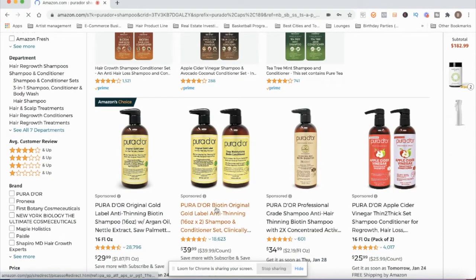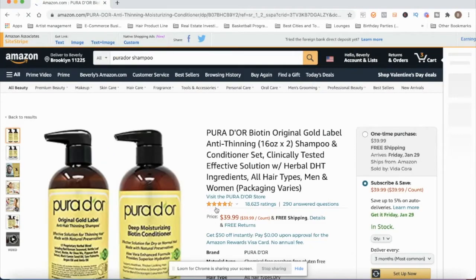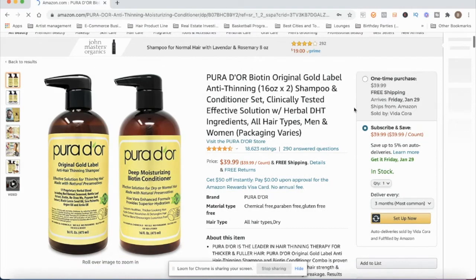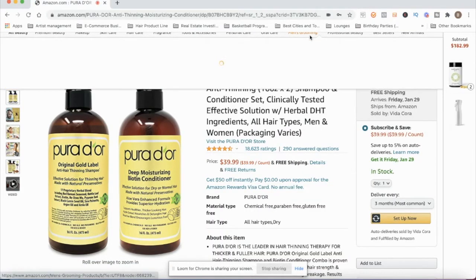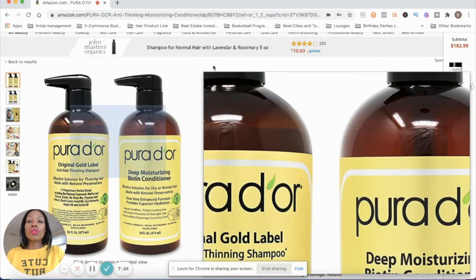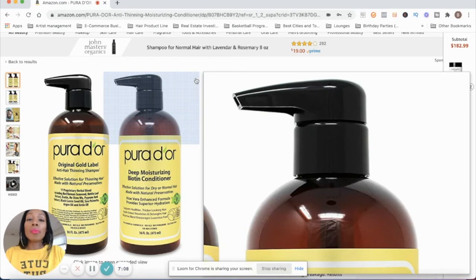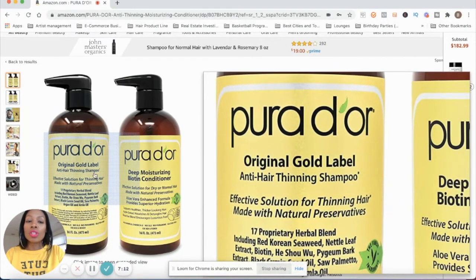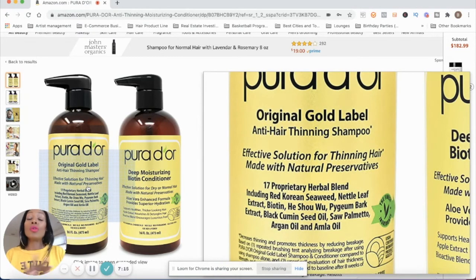Now, if you know me, you know that I'm not a biotin girl. I'm not a fan of biotin. I don't care for biotin, especially high levels of biotin, and I'll explain why. Biotin is guilty of causing acne breakouts. If you have acne-prone skin, if you are like me and you're one of those girls that your sebum production just be doing the most for no reason, then you absolutely do not want biotin, not high